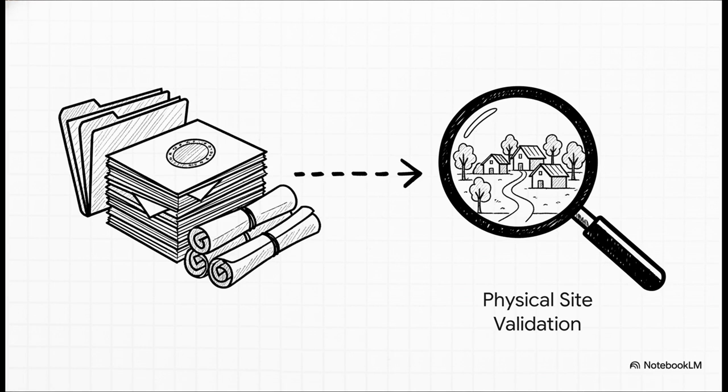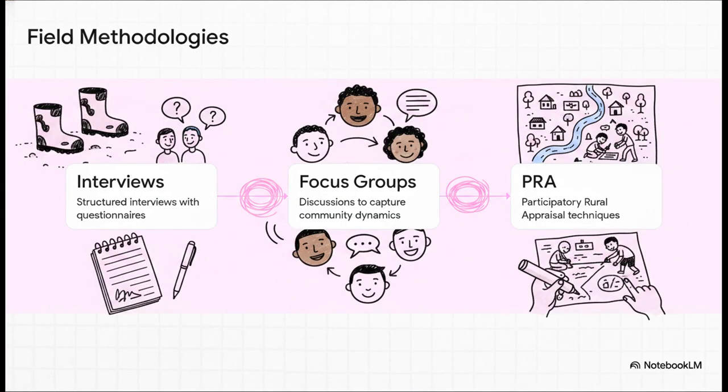But here's the crucial catch. Under strict quality management procedures, you absolutely cannot just use this secondary data as a substitute for primary data. It has to be validated. They literally have to go do site ground truthing to make sure the numbers on the official paper actually match the reality on the ground in the village. Because honestly, knowing exactly who lives there requires boots on the ground.